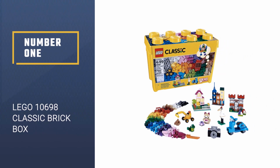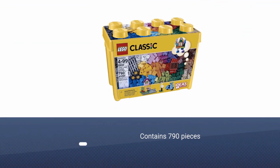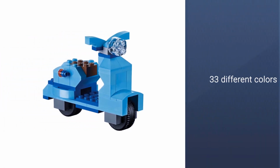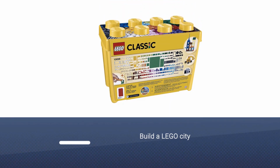Number 1. Most popular. LEGO 10698 Classic Brick Box. The classic large creative brick box contains 790 pieces, and it's designed for children ages 4 and up. There are 33 different colors in the set, and in addition to standard bricks, you also get base plates, windows,